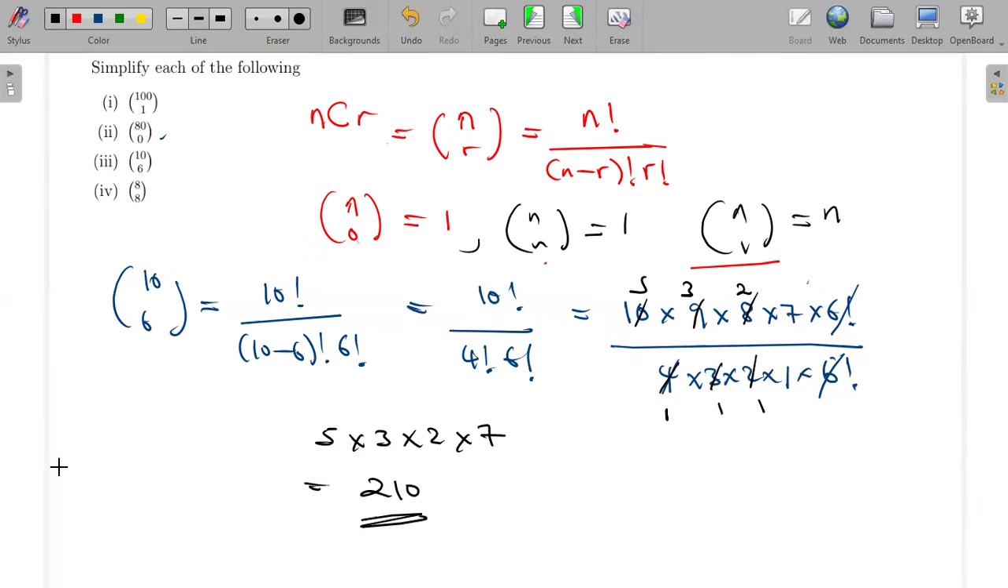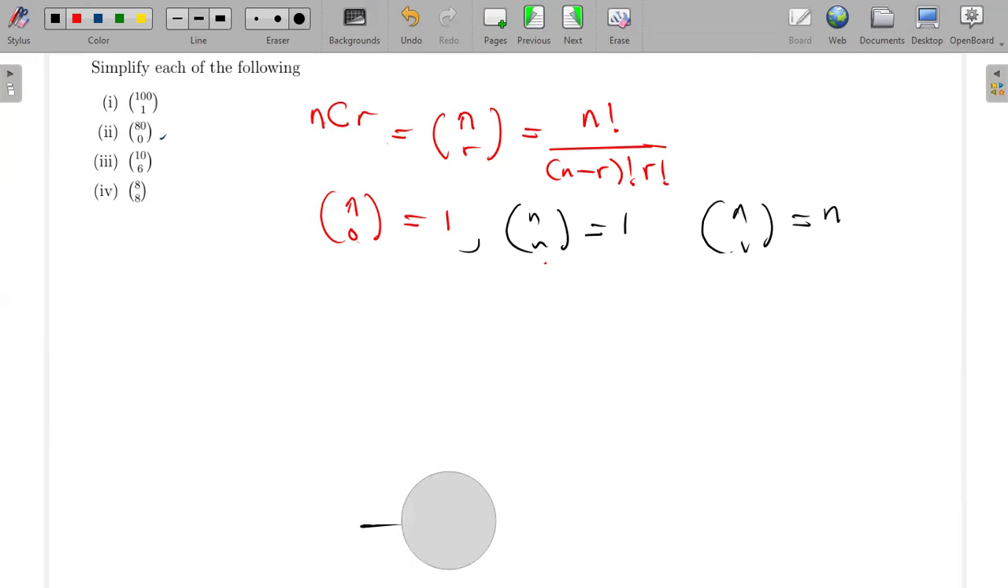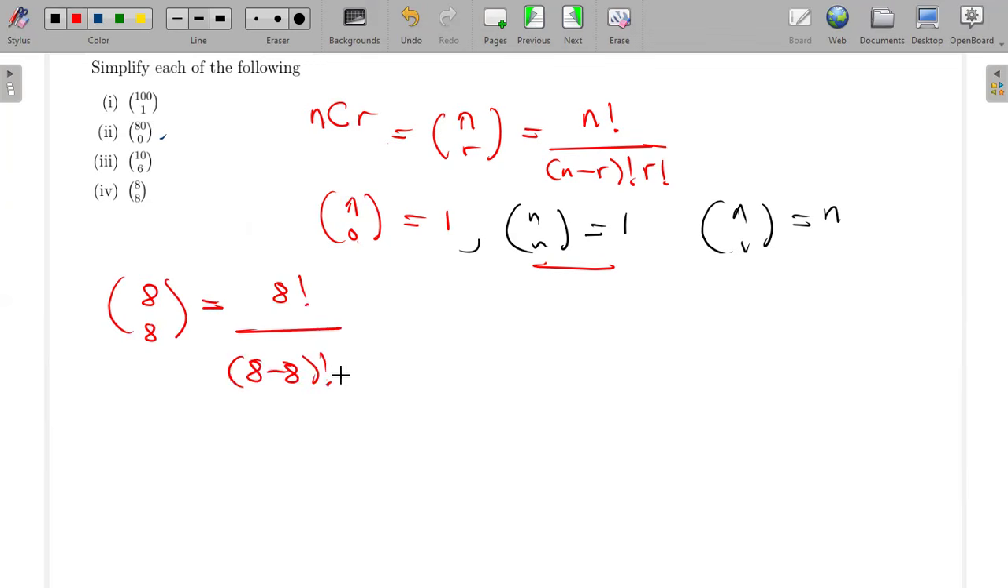Now, when I look at the next one, I have 8 choose 8. From the result which we have, that's result 2, the special result which we said, you have n choose n, you get 1. So let's just verify that 8 choose 8 is going to give us 1. So that's 8 factorial divided by 8 minus 8 factorial, and then you have